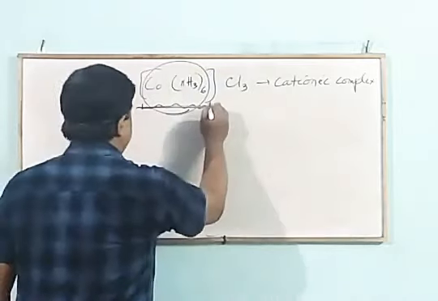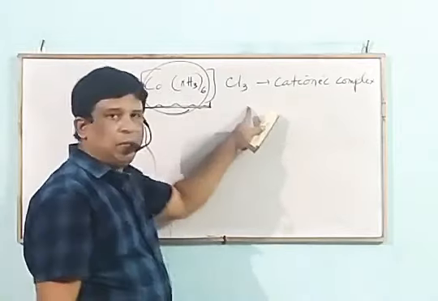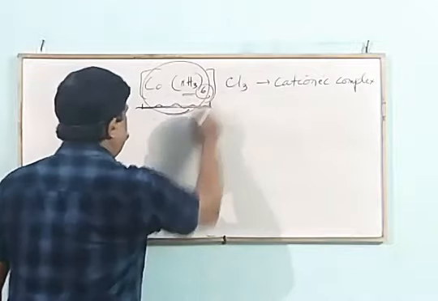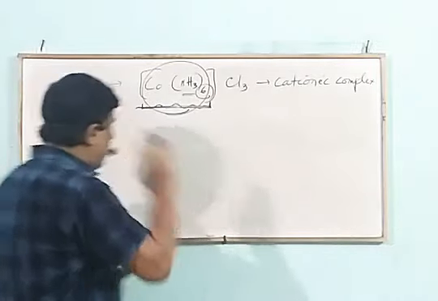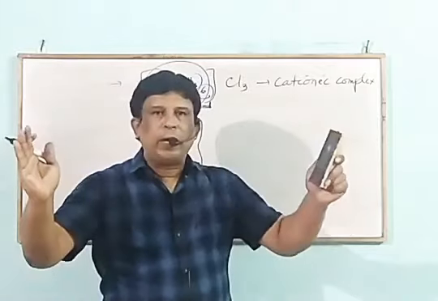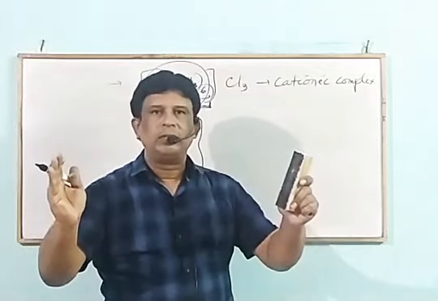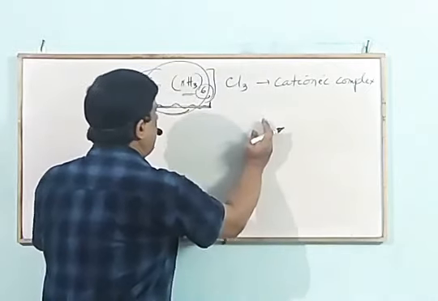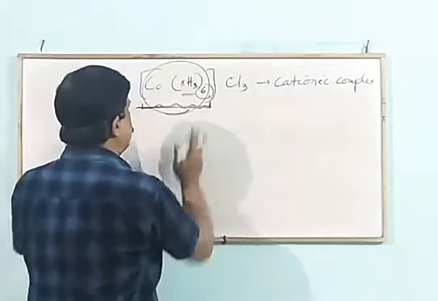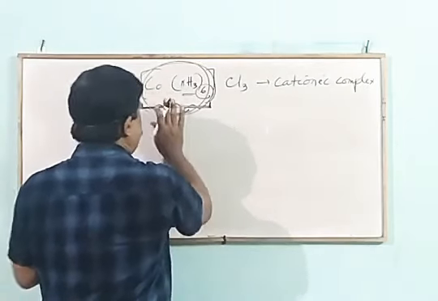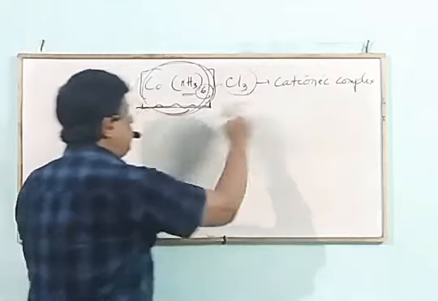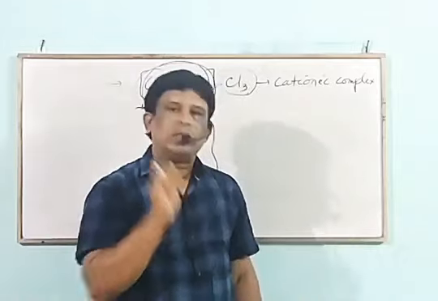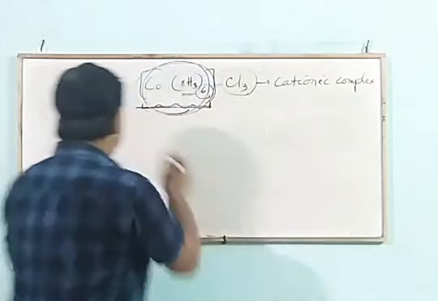Here, our first point is the cationic part, then the anionic part. The cationic part is a complex, so first the ligand, only one type of ligand, repeated 6 times. The last and most important thing is that the name of a complex is a single word. If it is neutral, non-ionic, then it is a single word. If an ionic part is there, then the complex part is one word, then a space before the counter ion. And always, the name starts with a small letter. So mark that it is